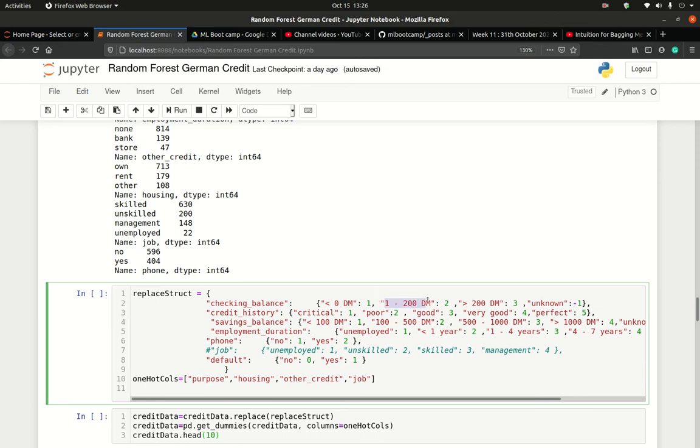Everything with 1 to 200 Deutschmark, I want it to be represented by 2, and anything greater than 200 Deutschmark, I want it to be replaced with 3, and all the unknown ones I want to have a